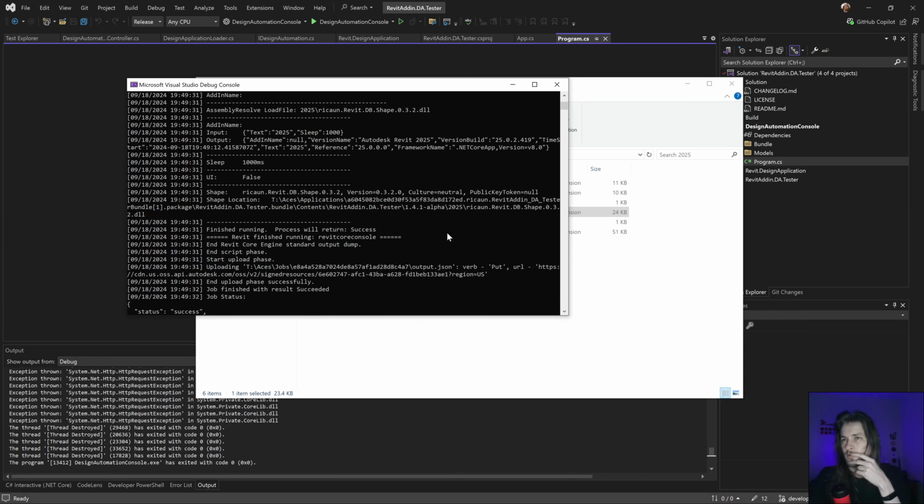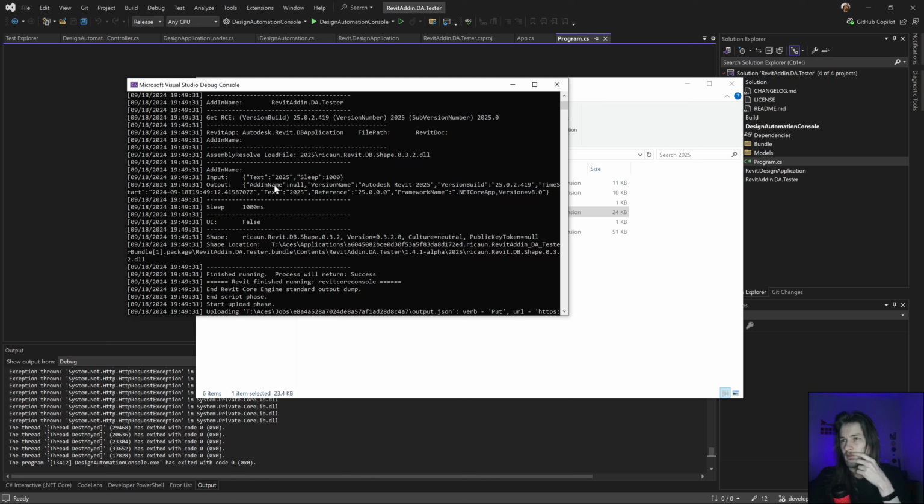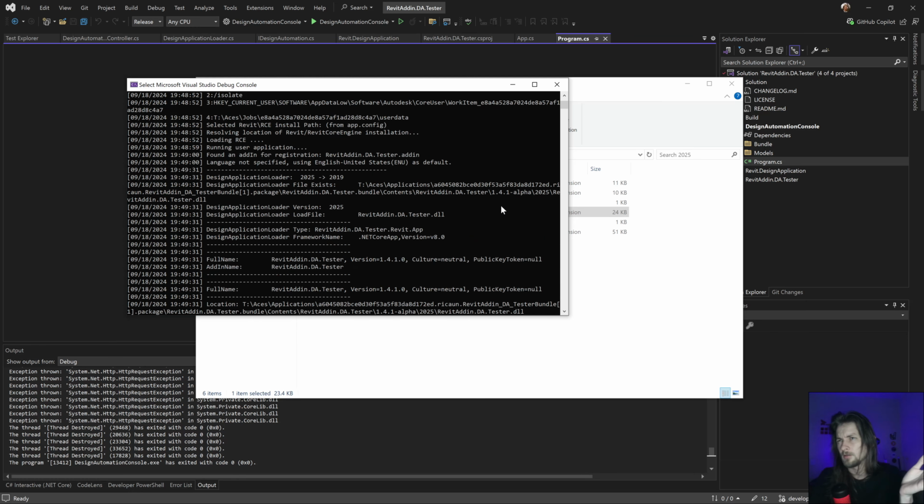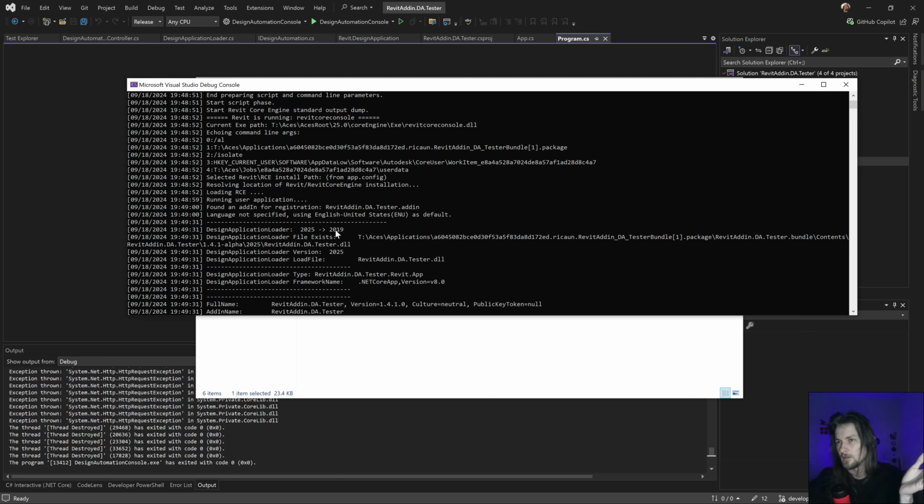Where's my output? And yeah, the add-in name, no, that's not the issue. It's working. The reference, everything is working. Great. If you take a look, the log is not the best, but it tries to find the version 25.